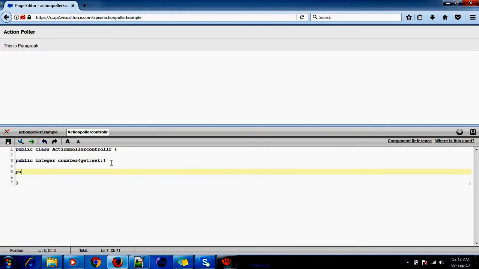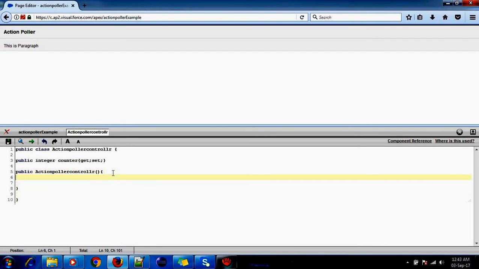Then I'll use the constructor. The constructor should be the same as the class name. Here I'll give the value counter is equal to 1.